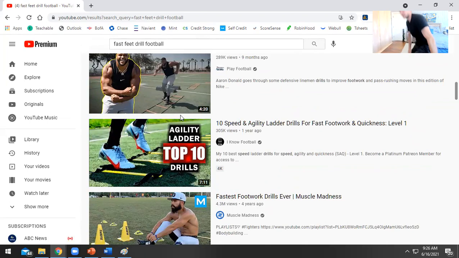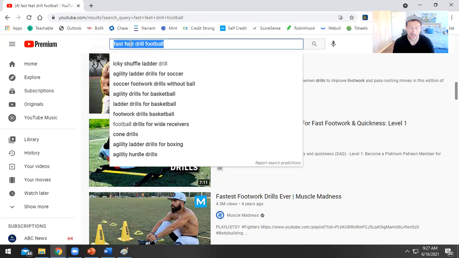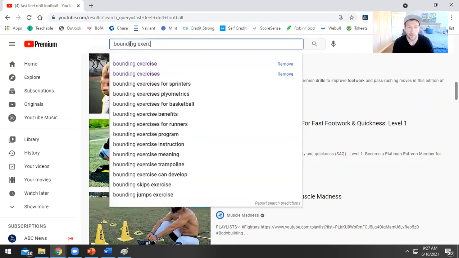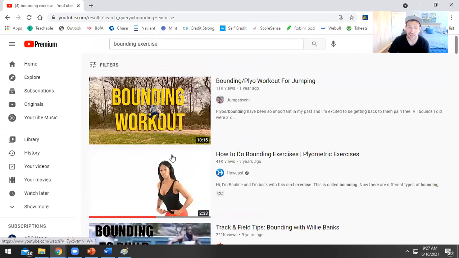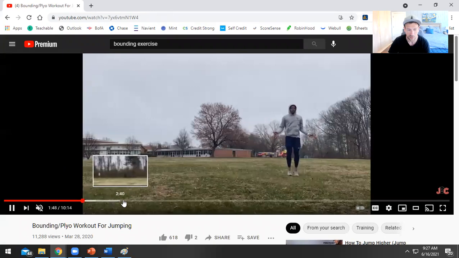If you're seeing somebody do that type of drill where they're doing this kind of thing, and they're just moving their feet as fast as they can, that's a really good way to help someone who maybe doesn't have fast feet develop their stride rate. And then something like bounding, which we were looking at yesterday, where someone is literally taking as large of steps as possible, doing these big long jumps with every single step.